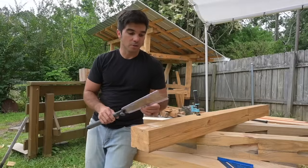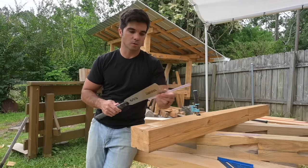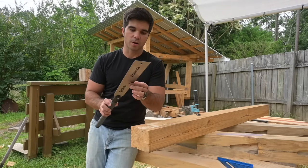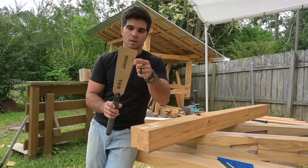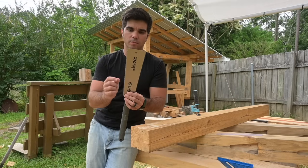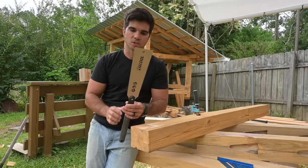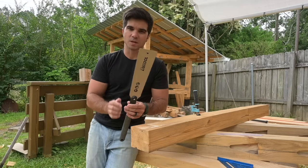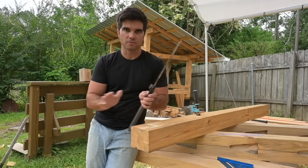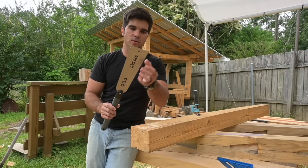Now what we're going to be doing here is a cross cut, and these Japanese saws are famous for having 2 types of saw teeth on them. One of them is a cross cut and the other one is a rip cut. So the rip teeth are bigger and they don't have that 3-pointed angle to them, whereas the cross cut teeth are angled and they're much smaller, much finer. The reason for that is because they're having to tear through the material, and so all that sawdust has to get filtered away. Whereas the rip teeth can work with the fibers of the wood, and they're almost like little